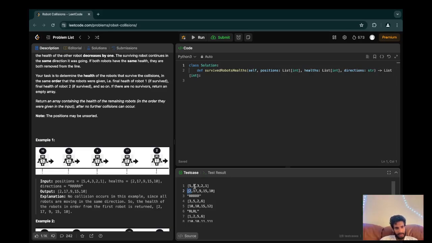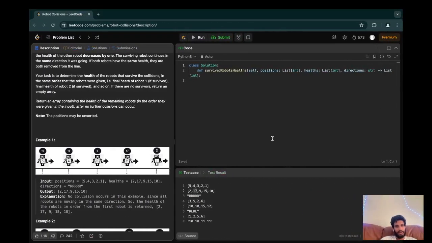Then they have four with health of 17, and they call this two. Okay, so basically, we are doing some clever sorting. Let me write the sorting down. We take n, the length of positions,